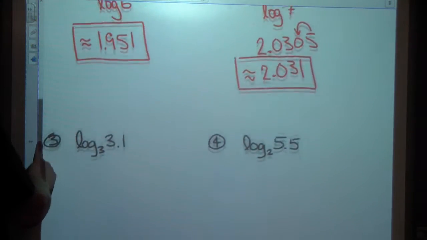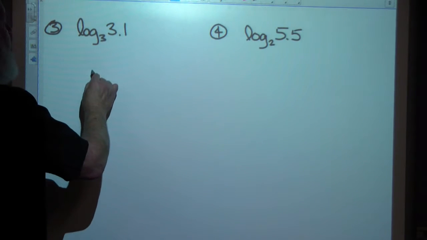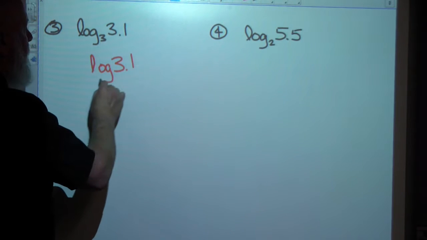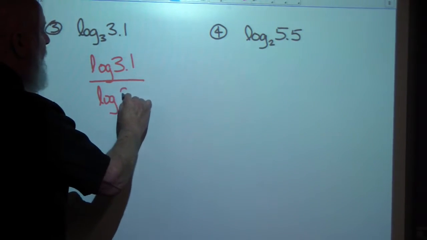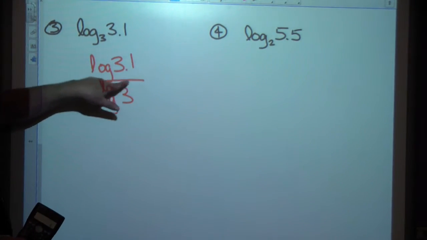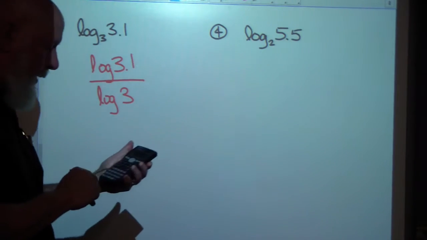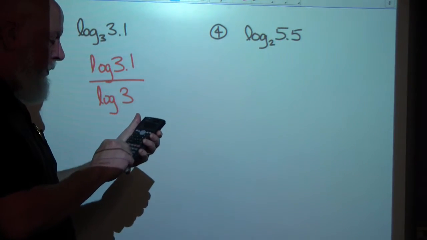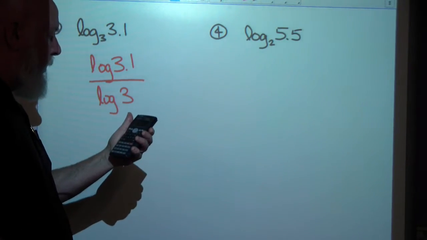Let's take a look here. Basically the same thing over and over again. This is going to be log base 3 of 3.1. We change it to base 10. Change it to any base we want. Changing it to base 10 because my calculator works at base 10. So I have log base 10 of 3.1 divided by log base 10 of 3. Take the log of this one over the log of that one. That's simple. So I say log 3.1. Now I just try not to make a mistake. Divided by log 3 equals